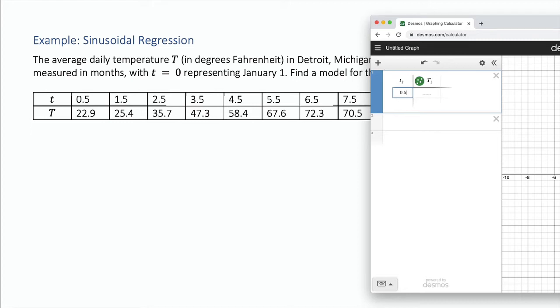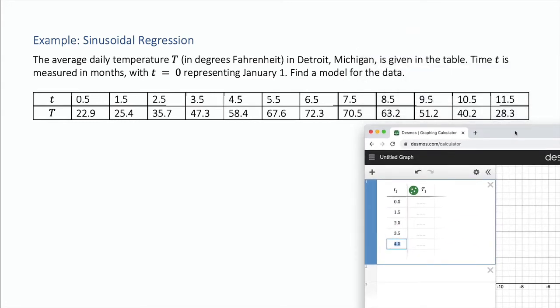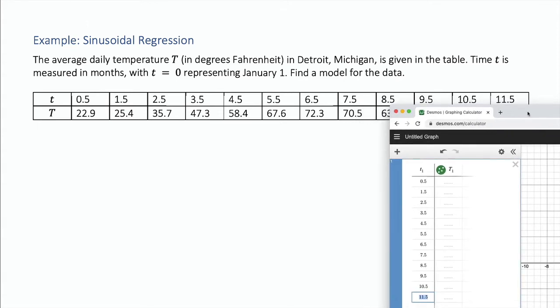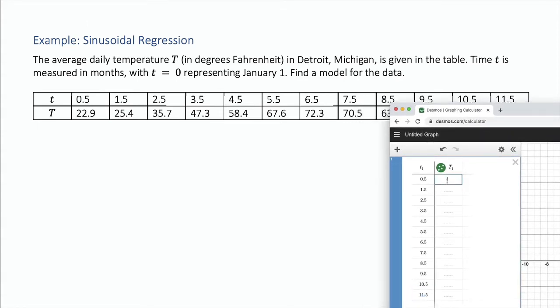I'm going to go ahead and put our values in here. So we've got 0.5, 1.5, 2.5, and we've got all of those values down to 11.5. Oh, and I've gone off the page. So I've got all those values there, and then we've got the outputs as well. So let's go ahead and put those in, 22.9 and 25.4 and 35.7,